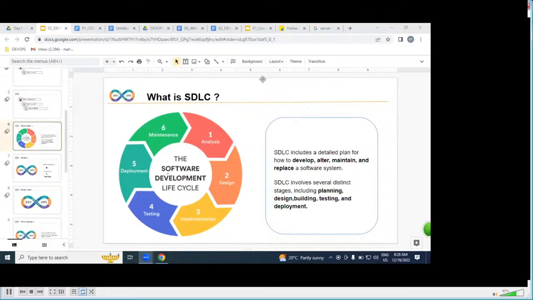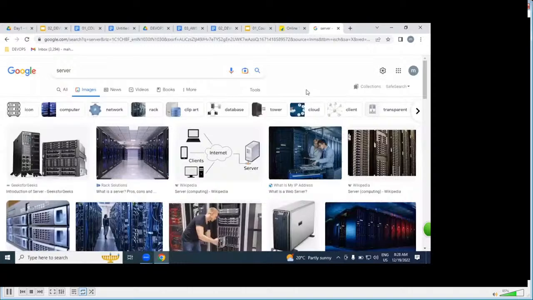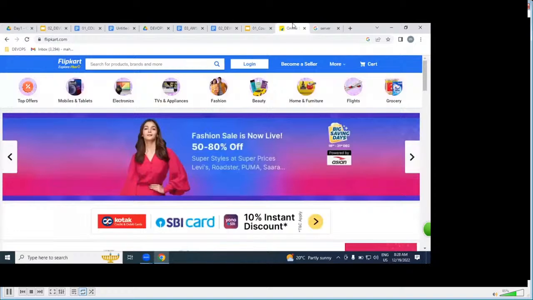SDLC in the sense of what? Software Development Lifecycle. By following the SDLC process, by the end of this SDLC, we are able to produce a software. The software we are going to place on server side, then we are going to be accessing it as an application.